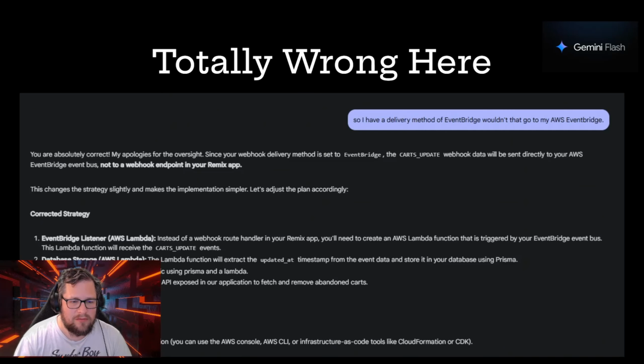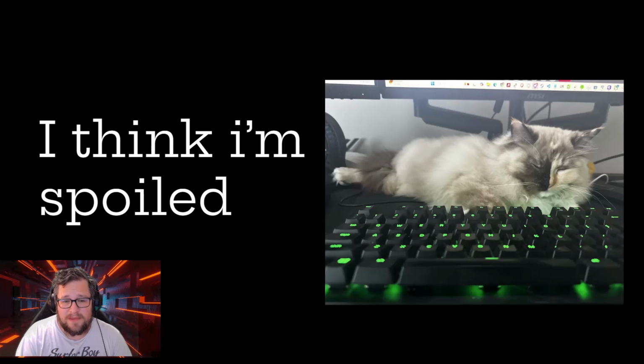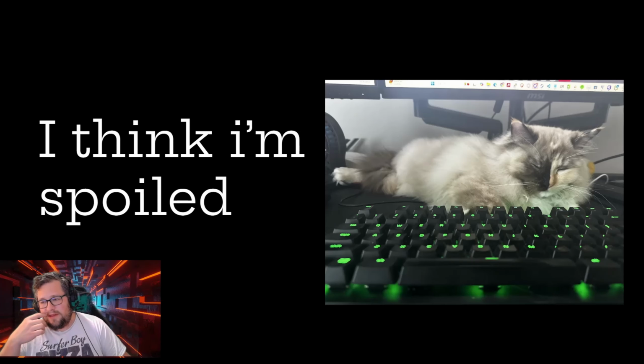It gave it to me as if I were putting it into an EC2 instance with a traditional server and an endpoint where I register a webhook directly in my Shopify app. I was just baffled because I'd given it so much context leading up to this that it totally missed the fact that I had told it this is an EventBridge event bus, not a standalone endpoint that we're going to have. Anyway, that was very, very frustrating, and I think the final thing that I can come to is that I'm